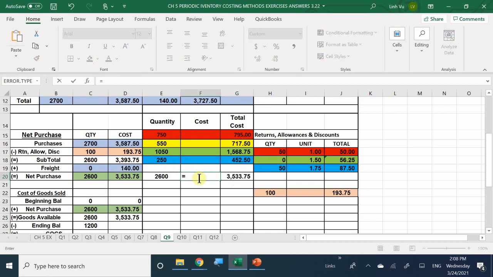If I take my $3,533.75 and I divide it by my entire 2,600 items, that means every item that I sell should cost me on average $1.359135. So that's exactly why I was really hoping we wouldn't need to use colors, because at this point, do